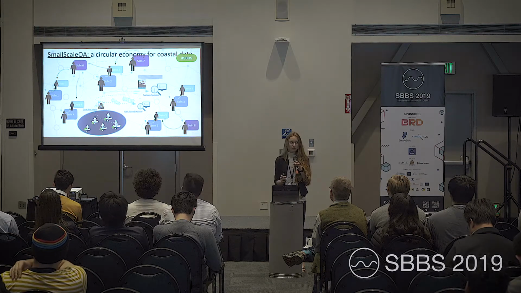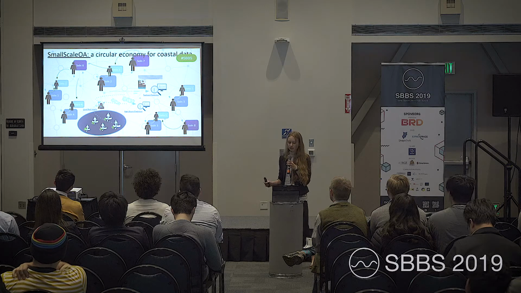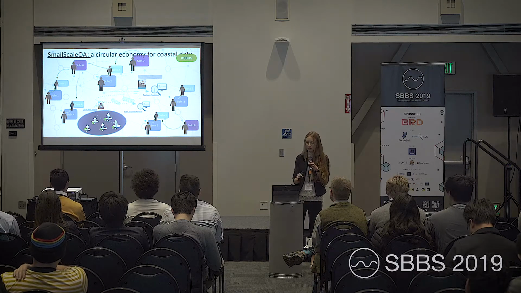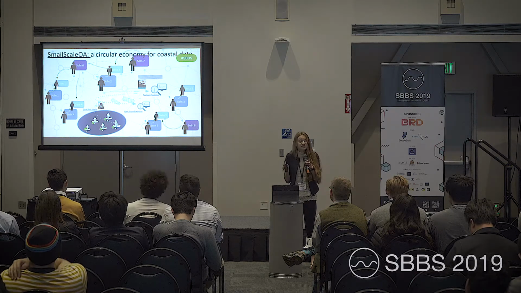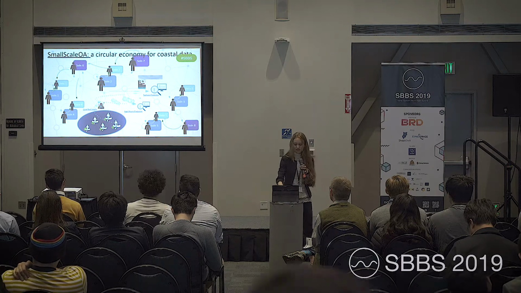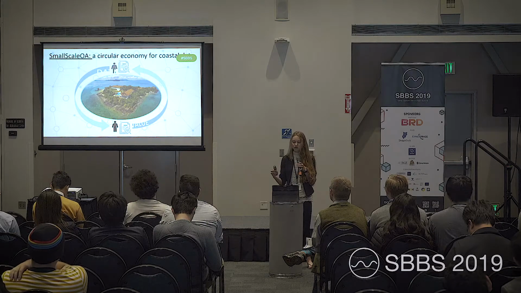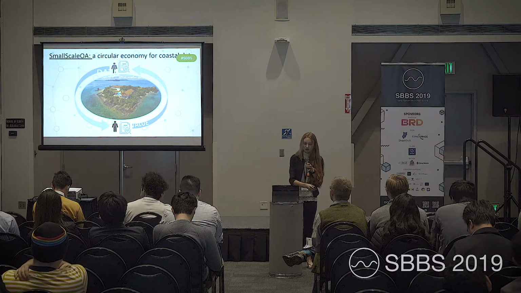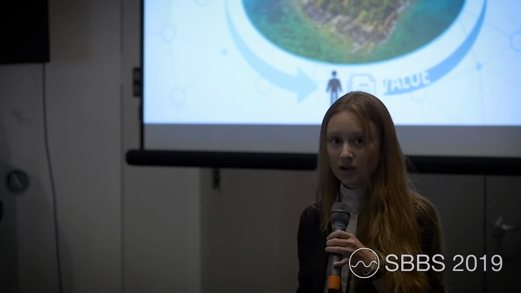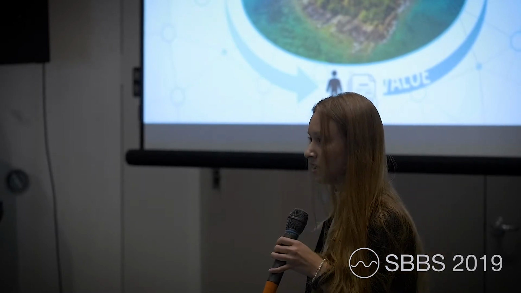This is where small-scale OA shines. With small-scale OA, many complicated problems can be addressed simultaneously because data is multi-purpose. By fulfilling multiple purposes, small-scale OA is serving multiple consumers, which means more compensation flowing back to data producers, which makes small-scale OA self-perpetuating. The incentive to collect, process, and share data is built in, fueled by the compensation flowing from consumer to producer.